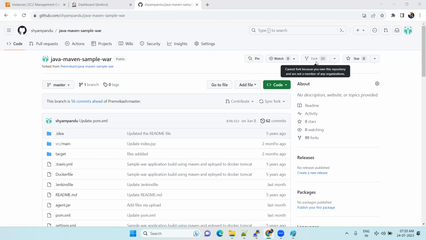So the fork option will be available. Just click on the fork option. It will ask for the URL. So just enter the URL which is provided in the chat box. So you can copy the entire code here. Okay. So then automatically you can also start working on your